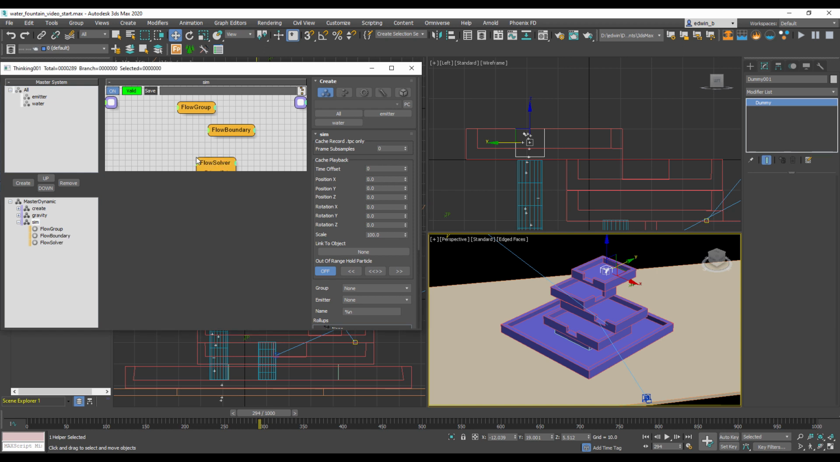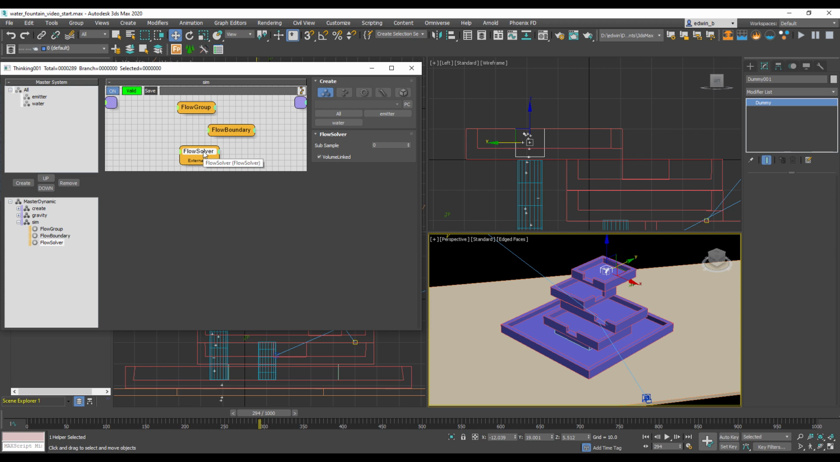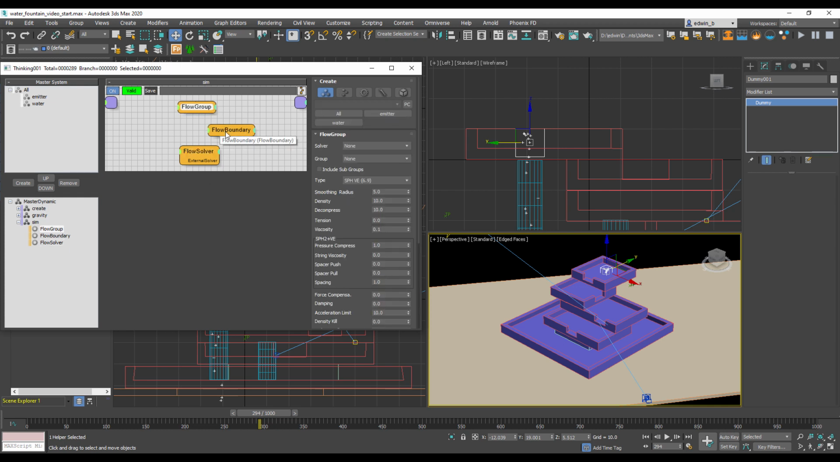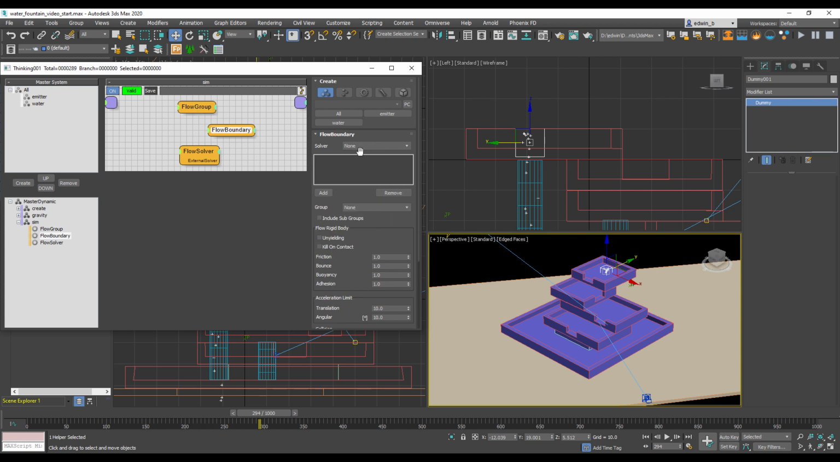As I already mentioned, the order of these nodes is important. The first one should always be the flow group, and the last one should always be the flow solver. So make sure when you are setting up fluid systems that your flow group is the first and the flow solver is the last in the hierarchy. Now let's just pick the correct values. So we want the flow solver to affect our water particles, and our boundary should work with the flow solver, and here we have the flow solver. So that's our basic setup,